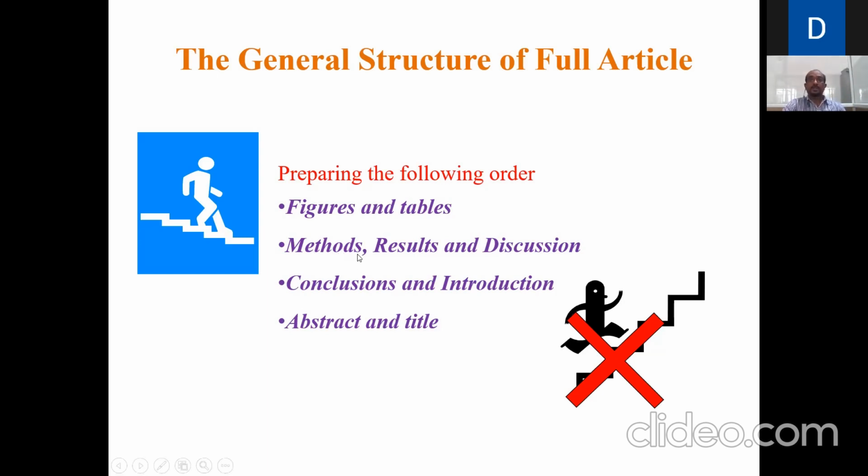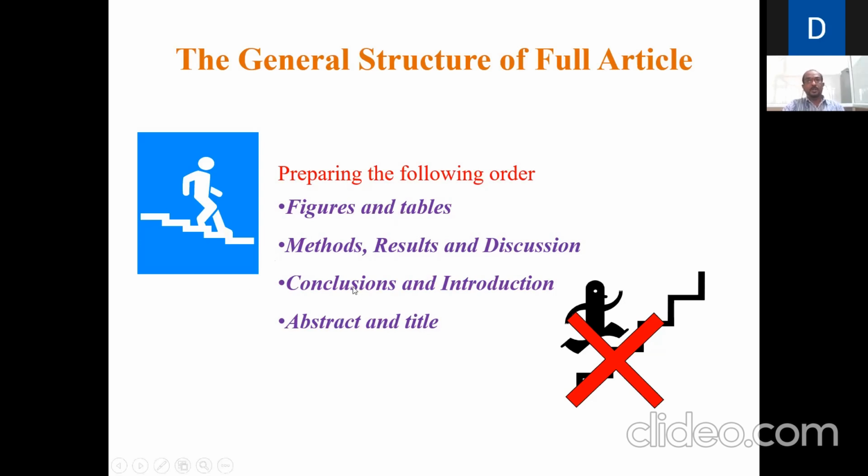Second, you have to discuss the methodology, results, and discussion. You discuss what methodology you followed to reach the result. And what is the result? You discuss what you infer from the result, what you are going to do with that result, what your idea is, and what you are going to make with that result. Like that, you have to discuss in the results and discussion.